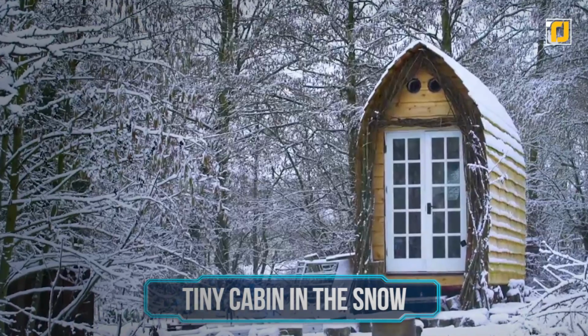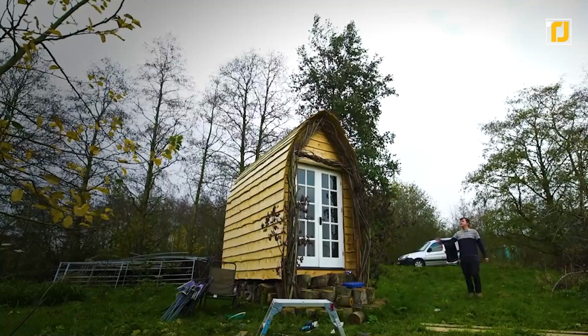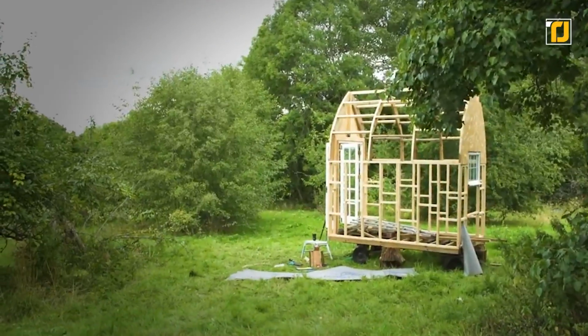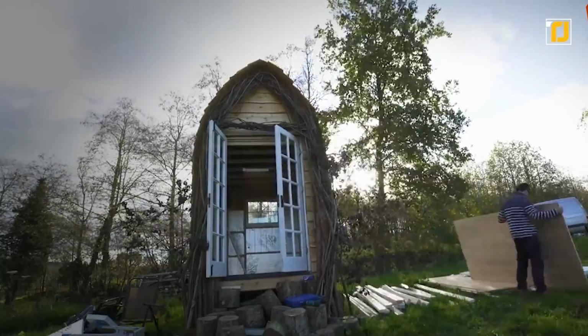Number 8. Tiny cabin in the snow. Jacob Harrell was a man who got laid off from his job and decided he's had enough, and set out to build a beautiful tiny home all by himself from scratch. He documented the whole process on his YouTube channel as he used the bare minimum materials to build an actually